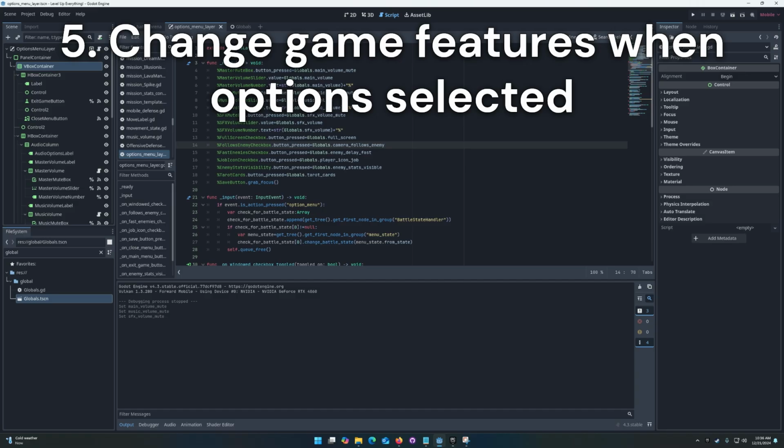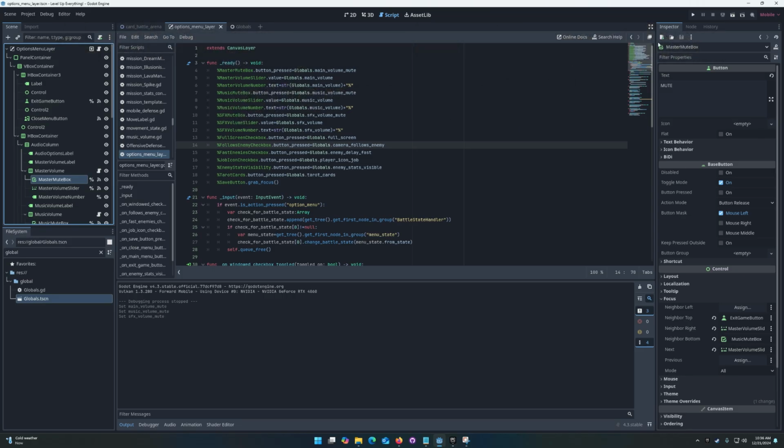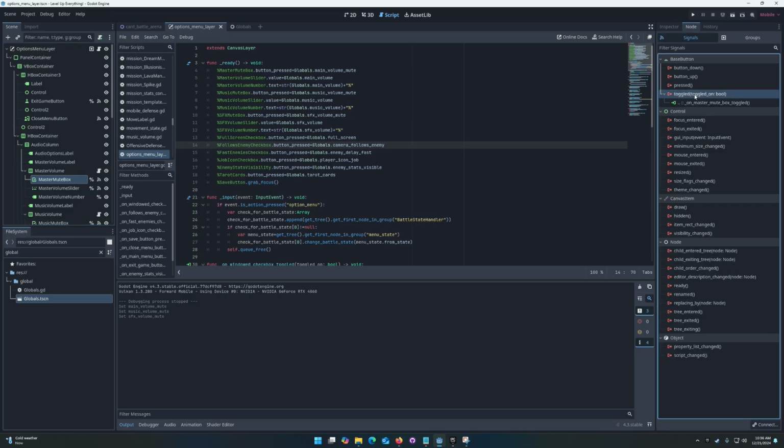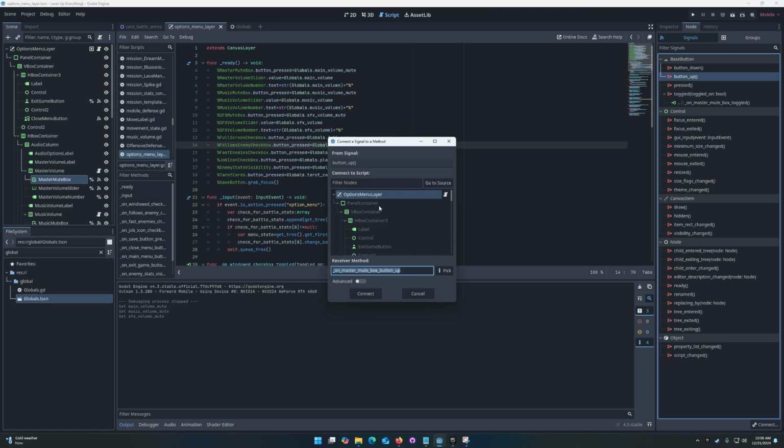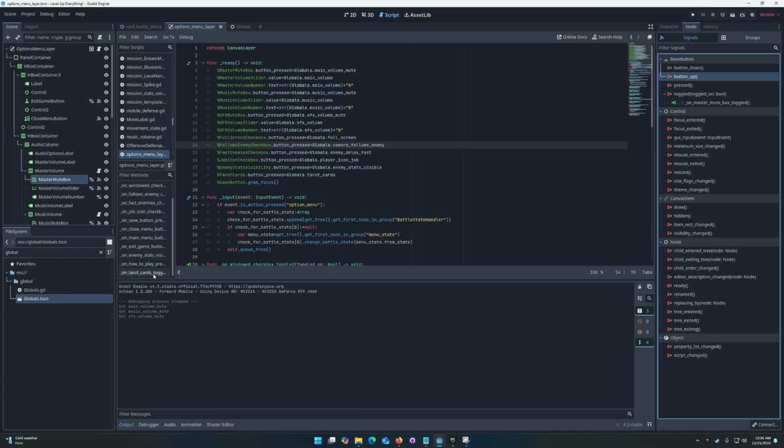When the user toggles a setting, we have these signals. So if they come in and they click that mute button on the master volume, I've gone in here and double clicked this for this signal, and it's going to say where do you want to connect to, and I want to connect it to that root script. I don't actually want to do this for that, but when I do that for that master mute box,